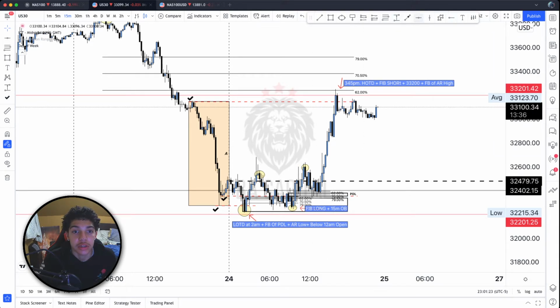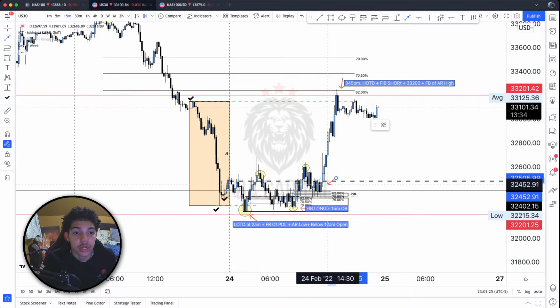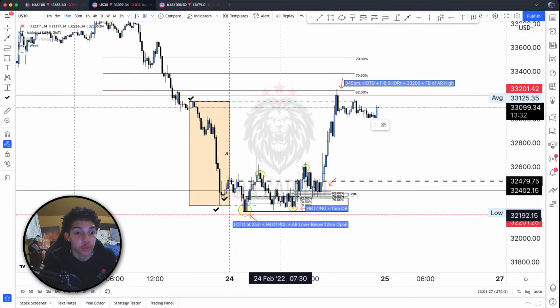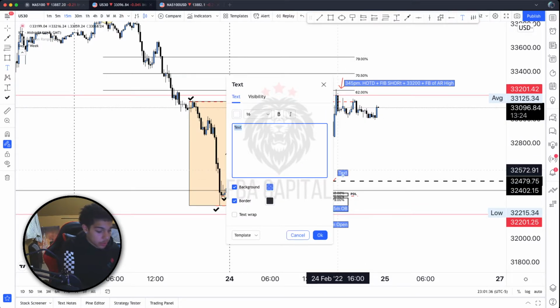So now let's annotate this also, because these are just two trades that you ideally could have taken today. If you would have missed this first one, you still got another chance here. And if you missed this trade here, sadly, I wouldn't personally look for any other trades after that, but that is what it is. So we had the fib long,